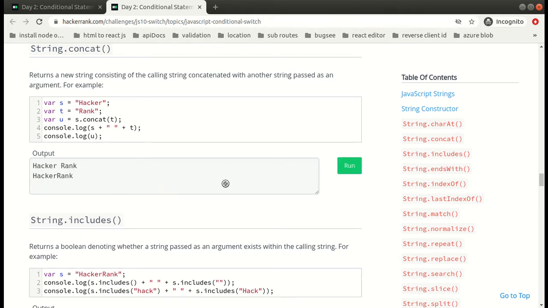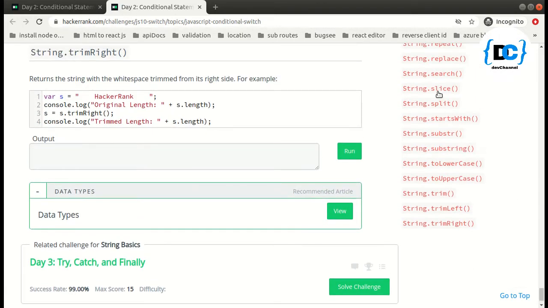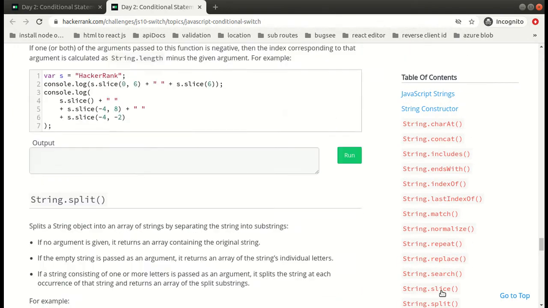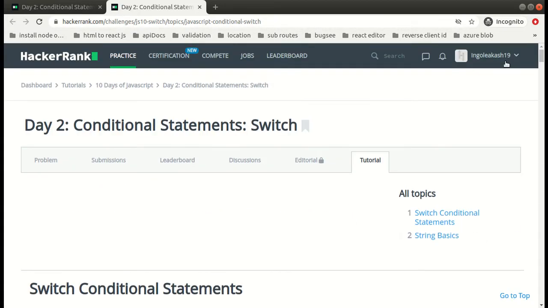There are a lot of functions that you can go through over here, and these are all very helpful, like slice and split. Split is used to convert the string into an array. And we have slice if you want to get a portion from that string, like from 0 to 6, but it will exclude the 6. It will only give me H A 0 1 2 3 4 5, hacker. So that's why we got till hacker only. Let's have a look at the question.